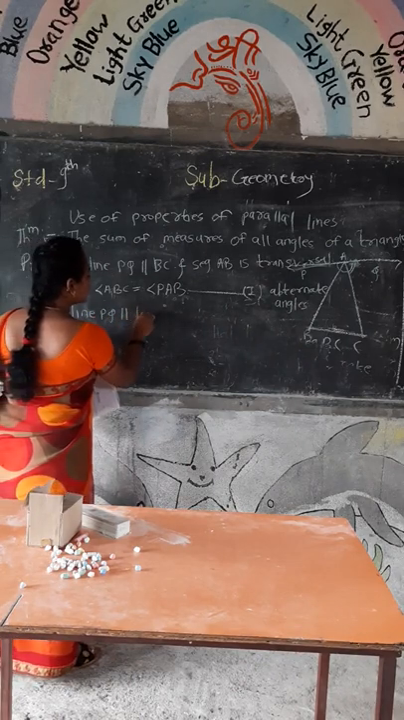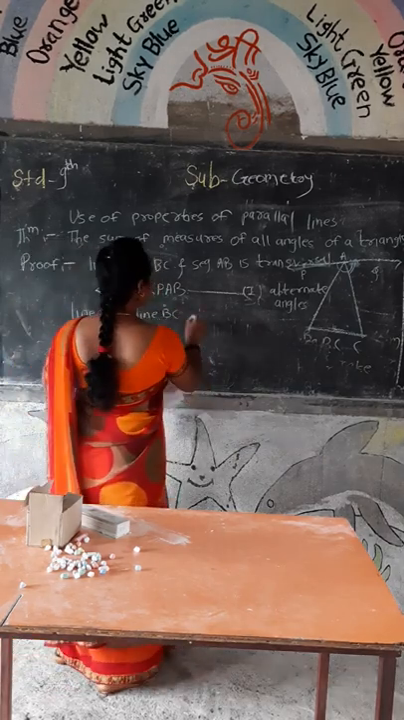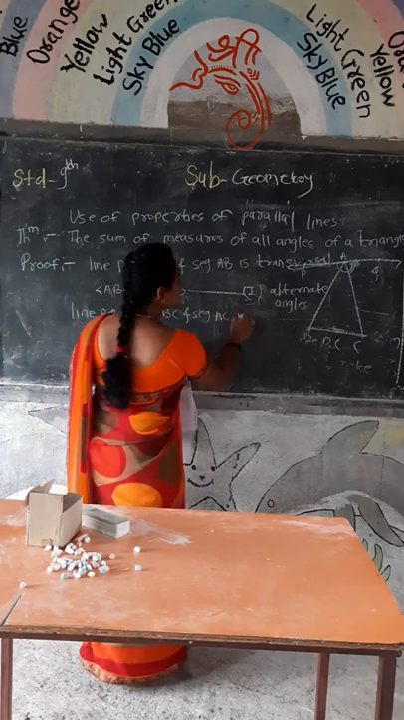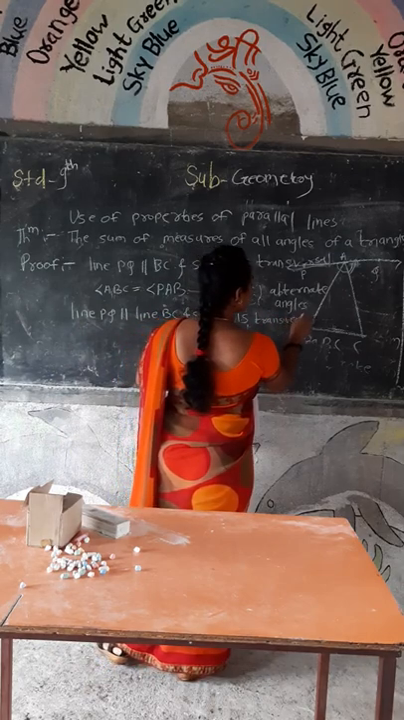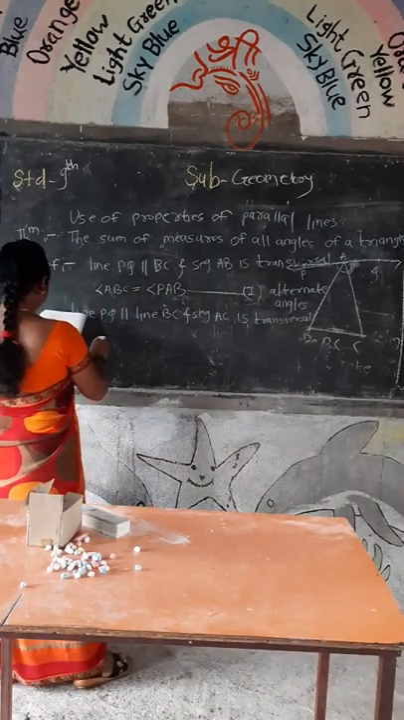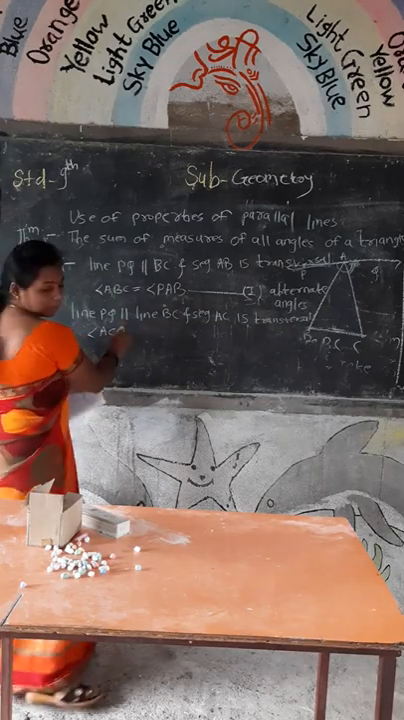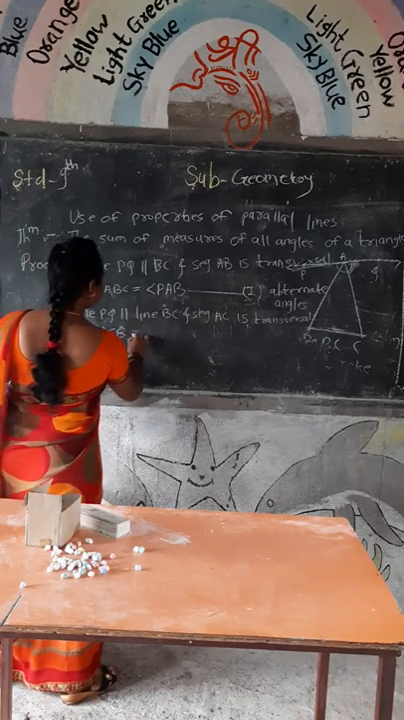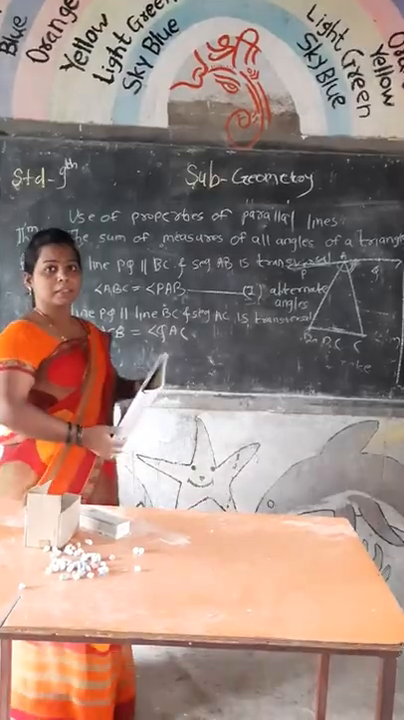segment AC is a transversal. Therefore, angle ACB is equal to angle QAC. Angle ACB is equal to